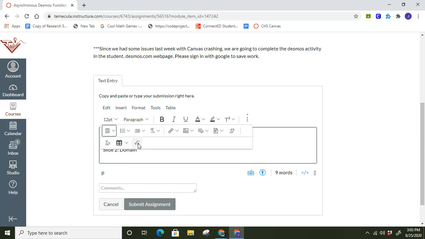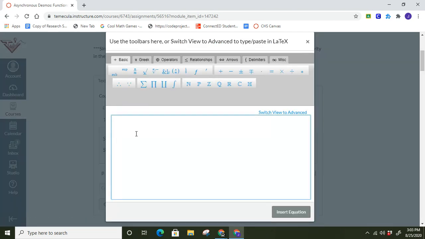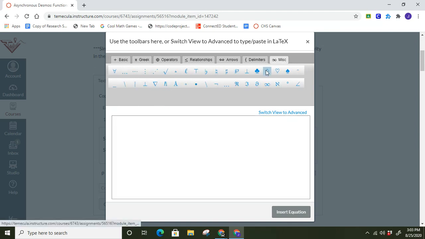Now, here they actually do have a math equation thing, so I can see if I could find infinity in here. Right there. Okay, so it'll be parenthesis negative infinity, comma, positive infinity,